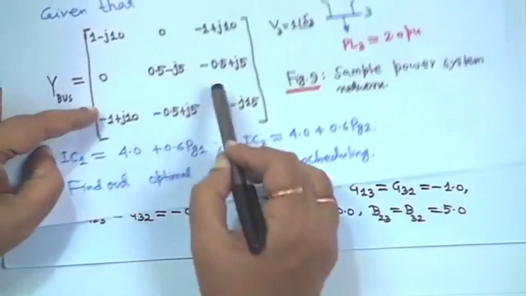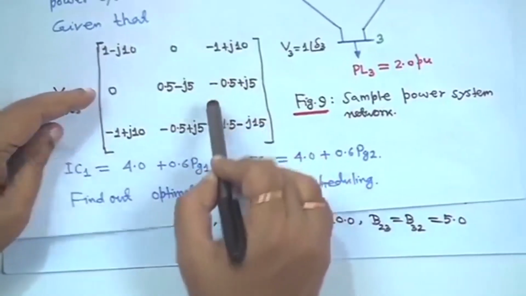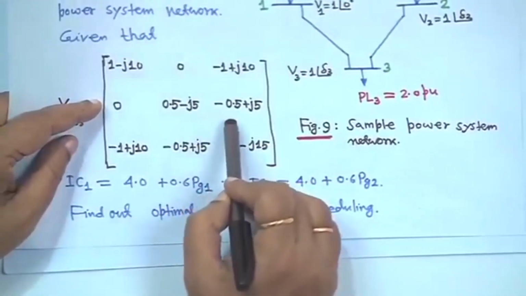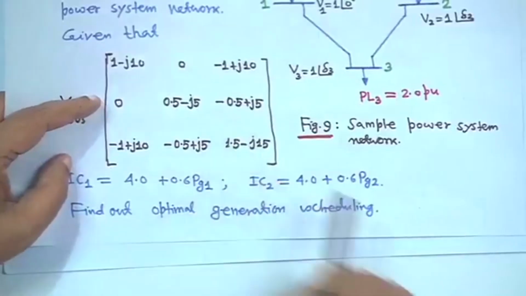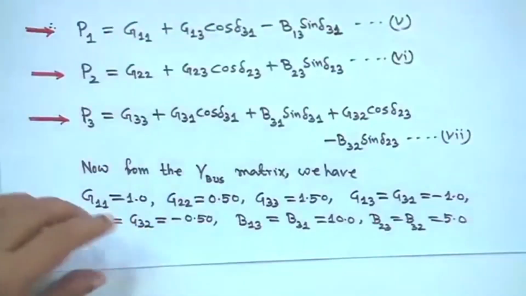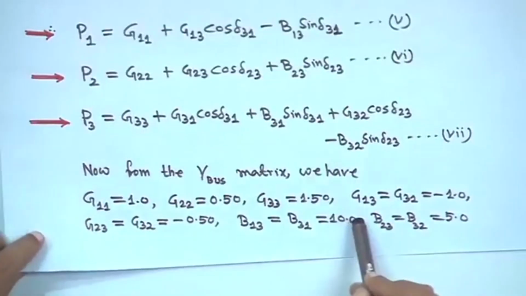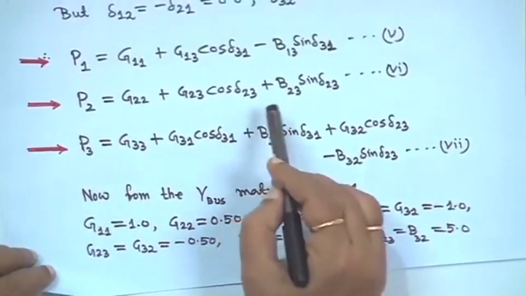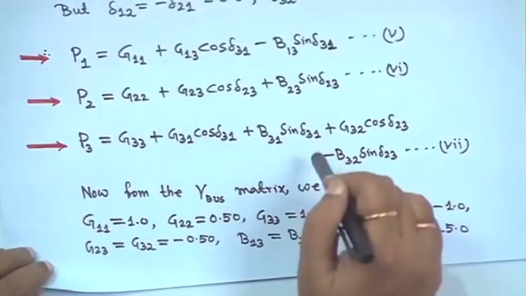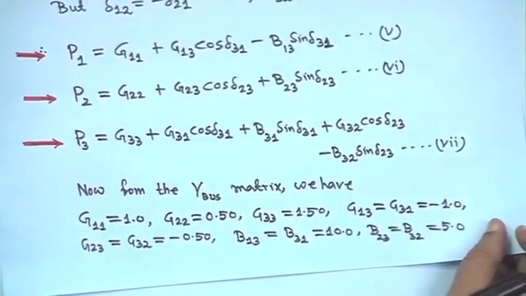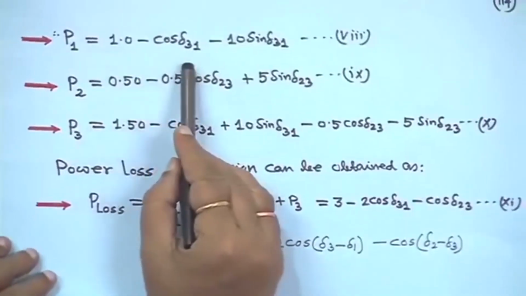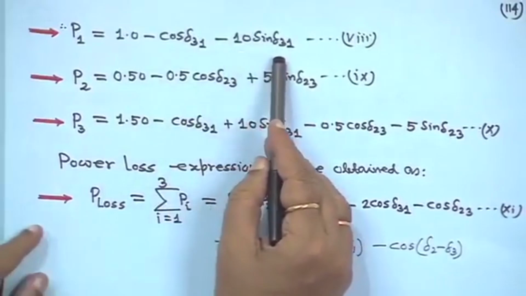So, the g and b parameters you will get from this equation, y is equal to g plus j b. Once all the parameters are there, you substitute all these g and b parameters. If you do so, P 1 will be 1 minus cosine delta 3 1 minus 10 sin delta 3 1,